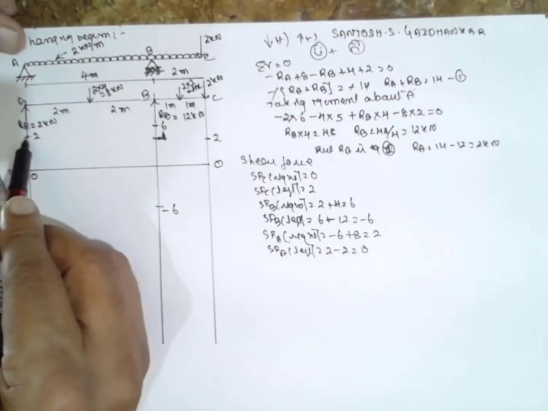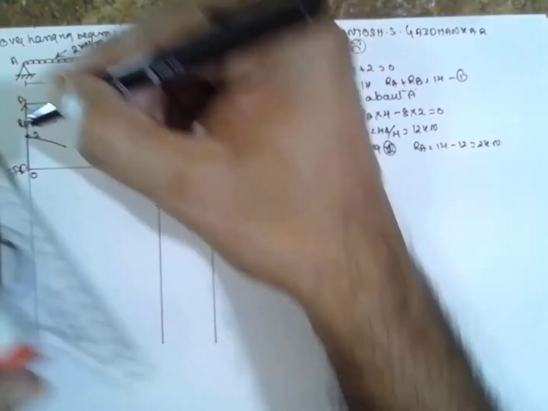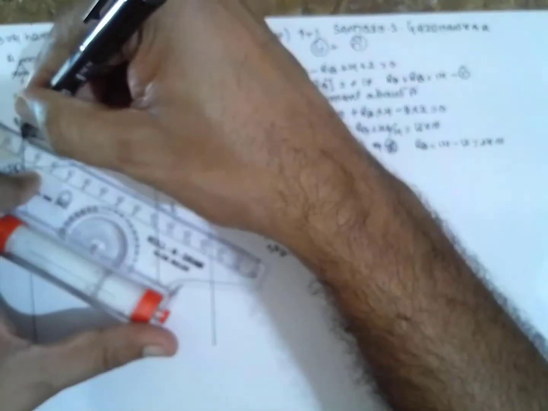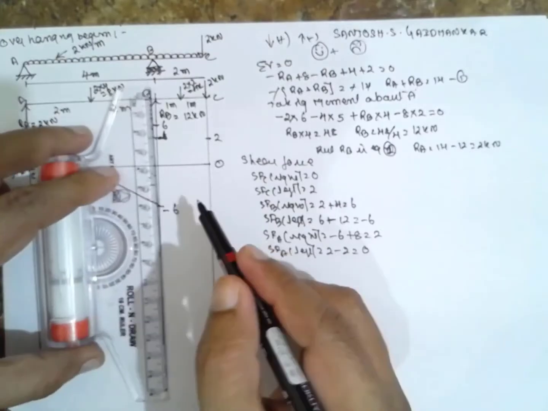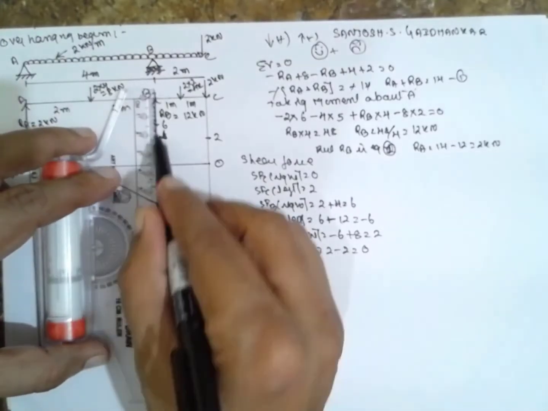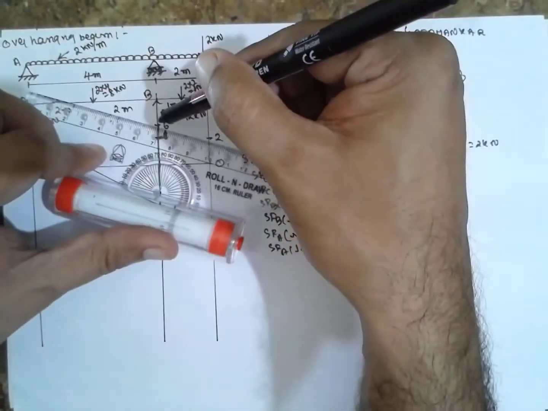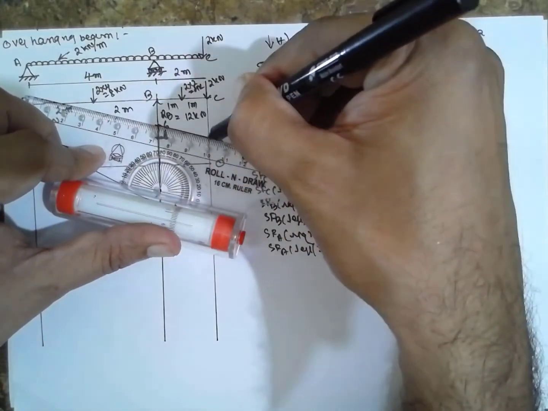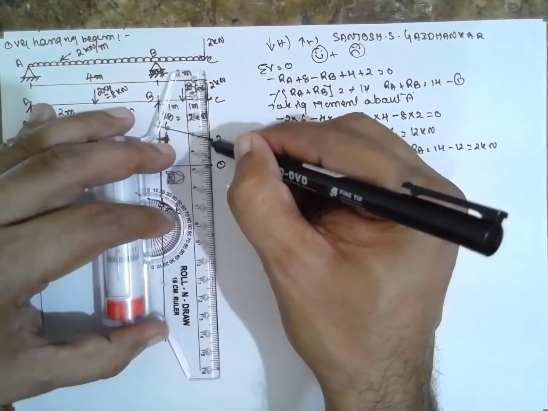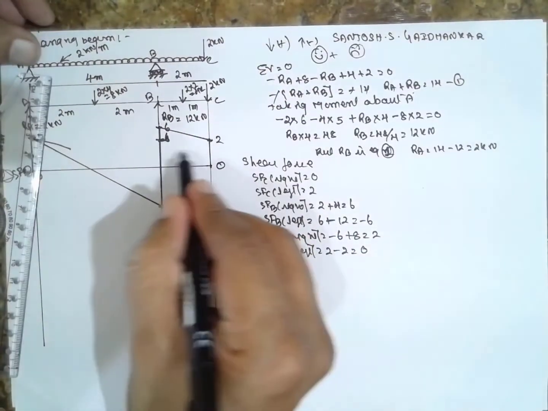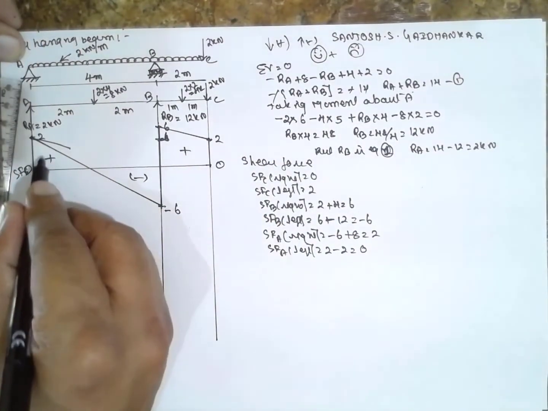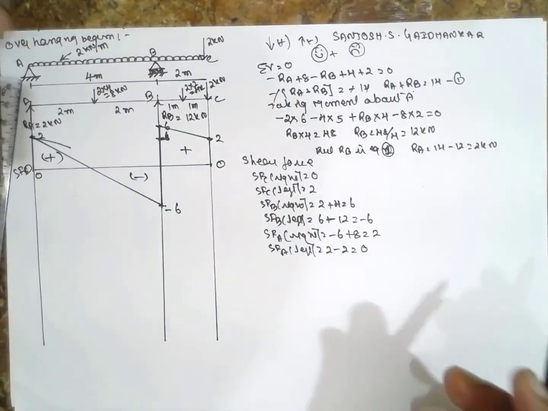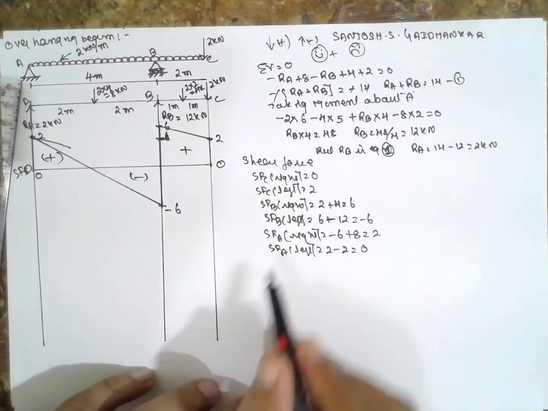This is UDL, therefore in the shear force we have to draw an inclined line here. In BMD it is nothing but a parabola. Upward line, inclined, and this will be complete. Positive, negative and positive. You have to find out the x distance here. Okay, now I will go for bending moment.